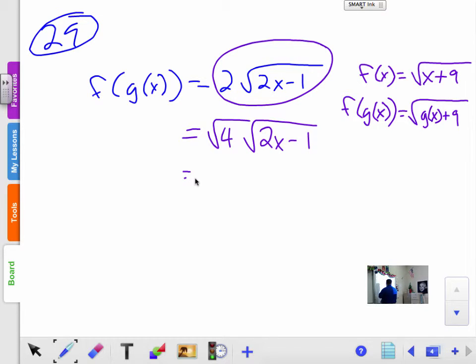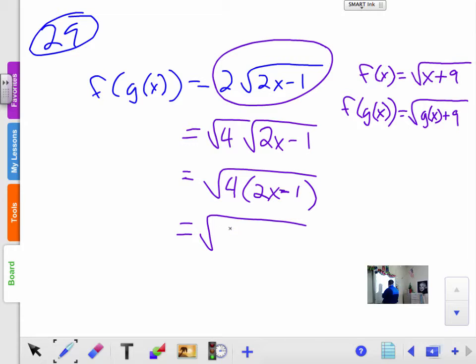Using the property of radicals, that means I could do one of these deals. Right? Could I do something like that? Yeah. Using the properties of exponents and radicals. And so then I'm going to distribute that 4 through. And I get 8x